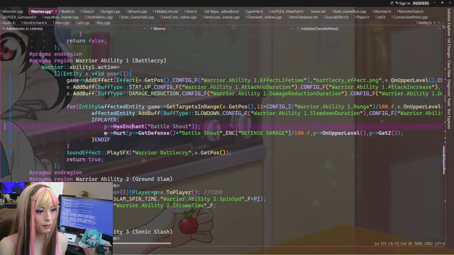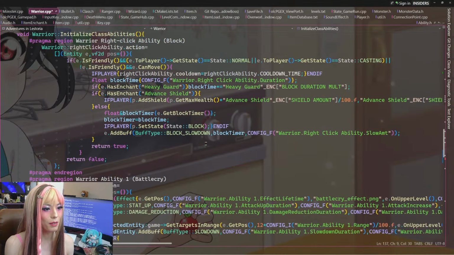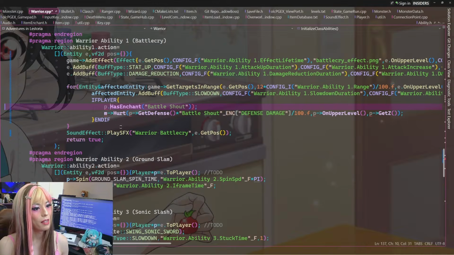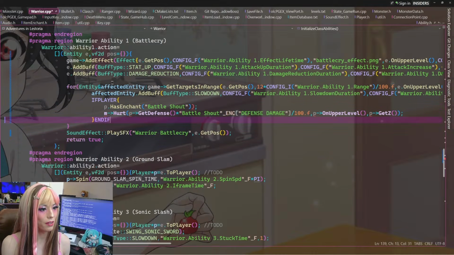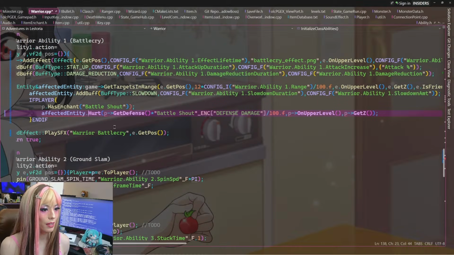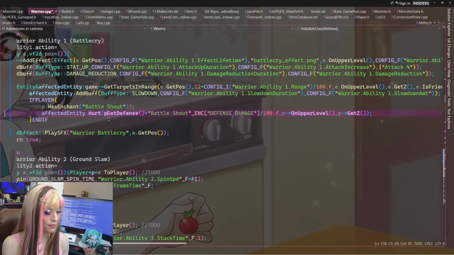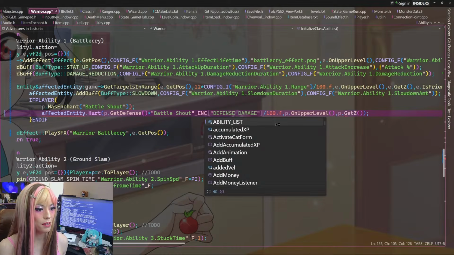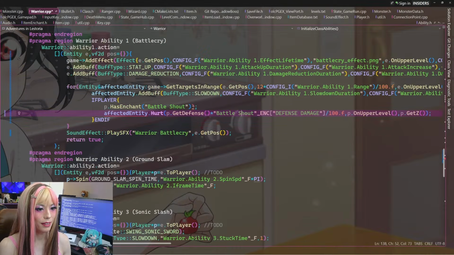And then, all right, so we still have to fix these guys now, because this is if player, then we have to get the player, which is just P. Oh, it hosts a player variable. I forgot, we made this. But the monster is our affected entity, so we have to pass that into here. And we use the player's defense. We use the player's on upper level flag and the player's Z to determine the hurt. Get rid of that extra parens. And then,